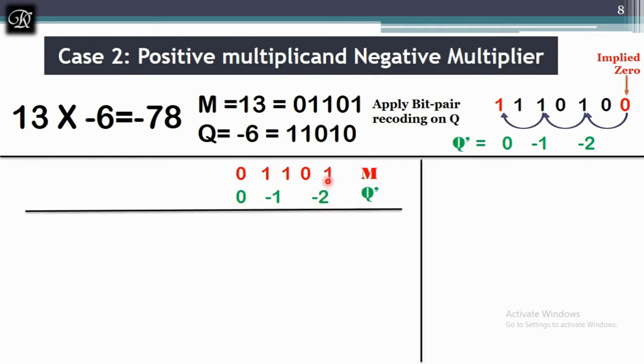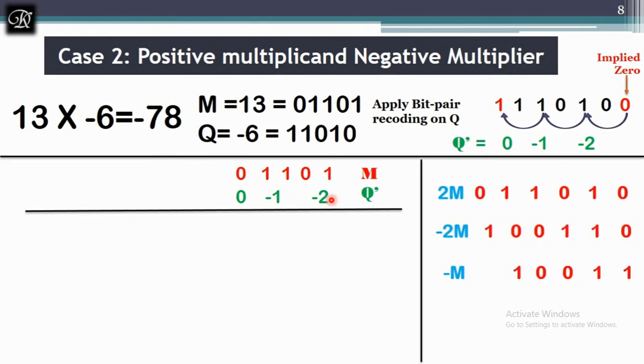Next we will see, as before, it is 13. If you multiply 13 with 2, it will become negative 26. I have told you in the previous discussion how to find negative 26. And now I am having a multiplication with negative 1 also. It should be the 2's complement of 13. This also we have seen, how to get the 2's complement of a given number. So now I am having 2m, -2m and m, but I will use only -2m and m. 2m I have written just to get the 2's complement for -2m.